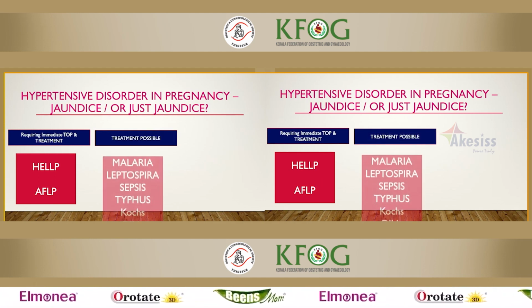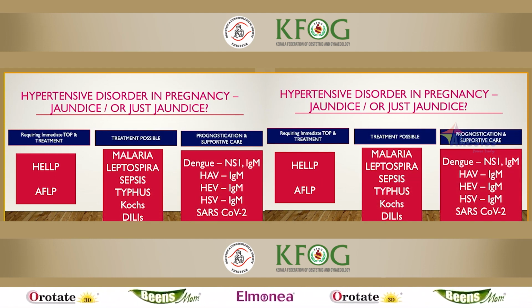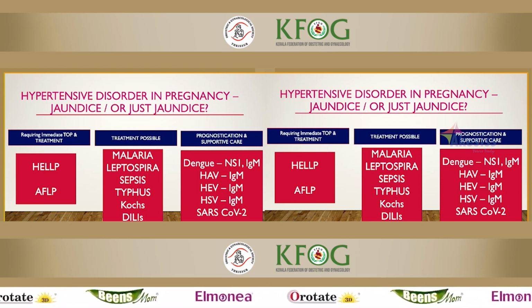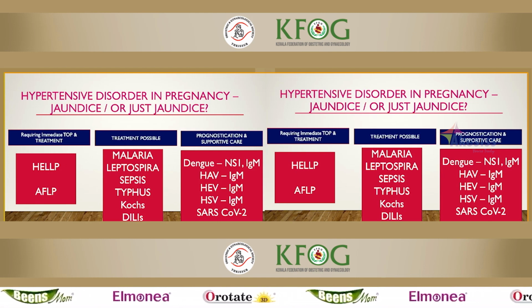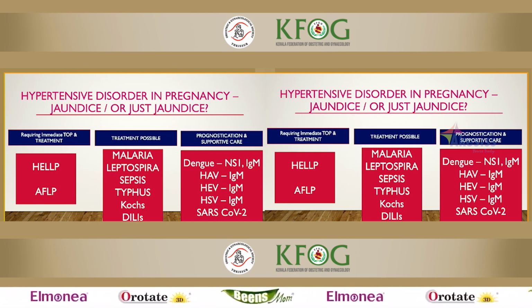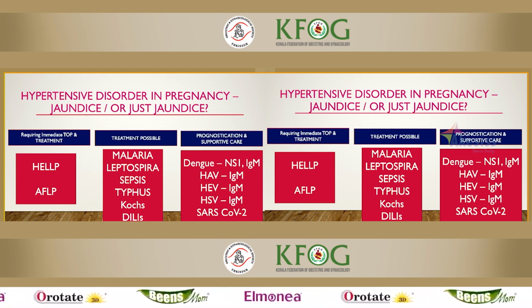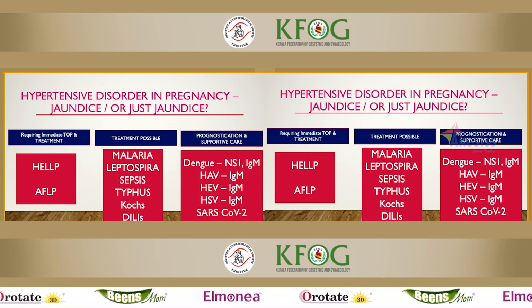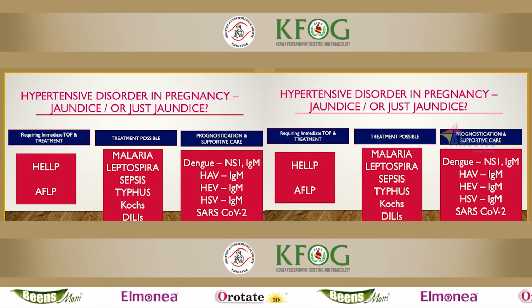But importantly, another entity which is commonly missed is jaundice complicating pregnancy. When you have a patient with jaundice complicating pregnancy, we know the commonest are HELLP, AFLP and preeclampsia related; we are very well versed. But importantly, the treatable causes are very important, because we know that if it is AFLP, the treatment is immediate termination of pregnancy.